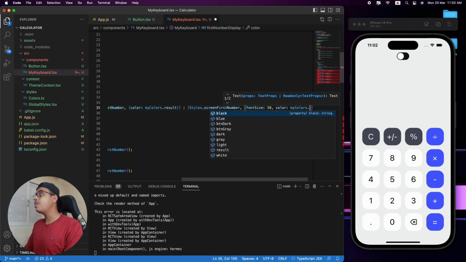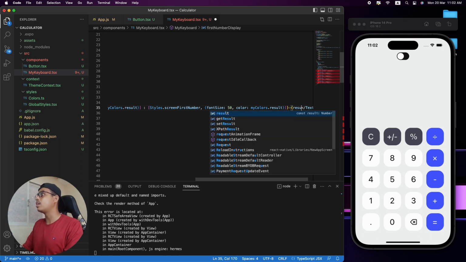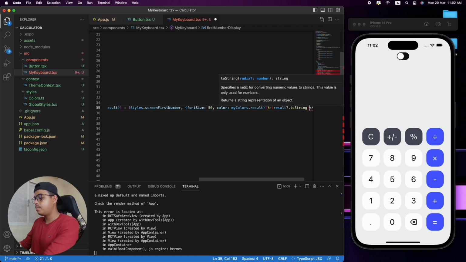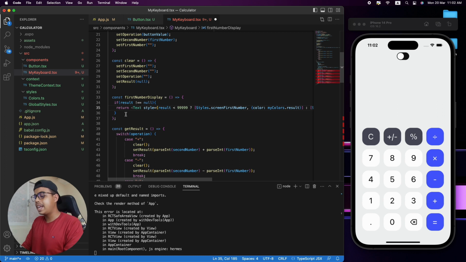Perfect. After that, what we actually need to display in this text, so let me just get right over here. In this we need to display the result. If the result is true, then we're going to convert it to string. Perfect. Amazing. After that, after a return of our if first loop, then we're going to create a second if loop